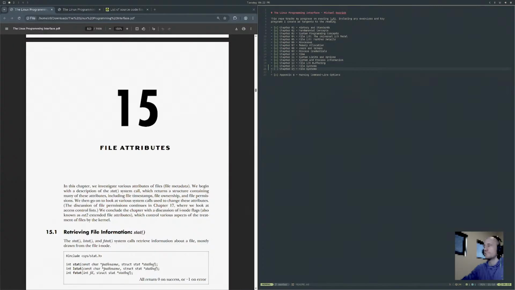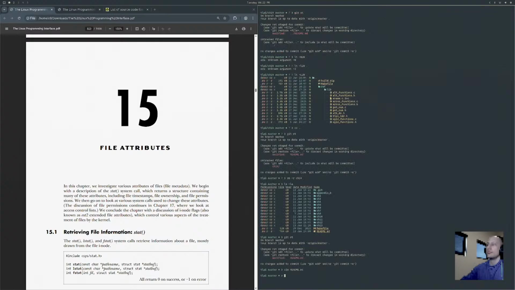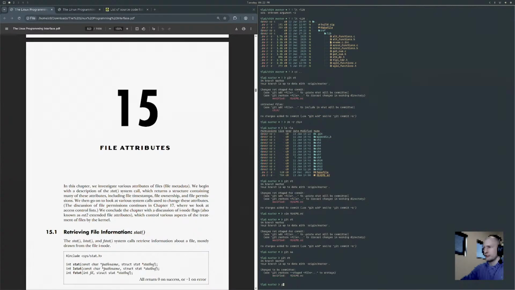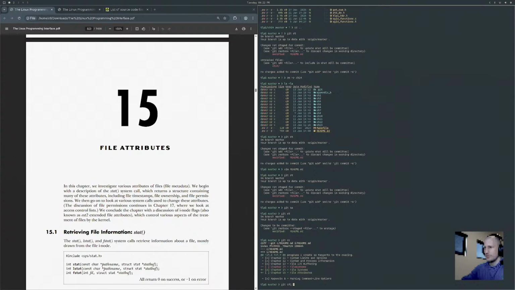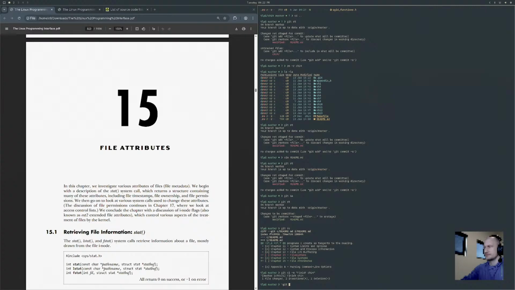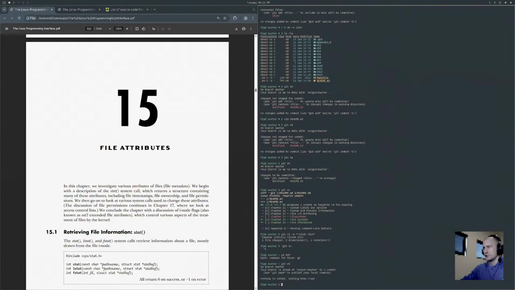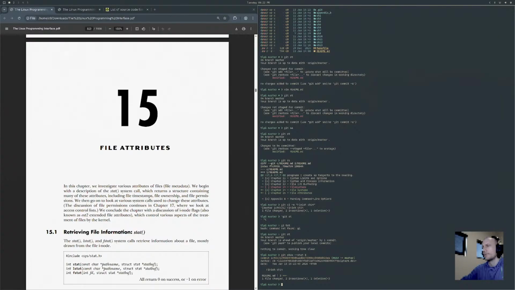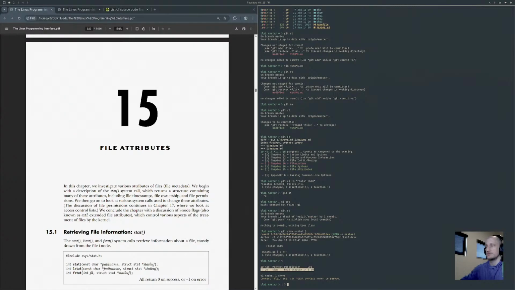Chapter 15 is on file attributes. Okay. And then we'll say T7 done.